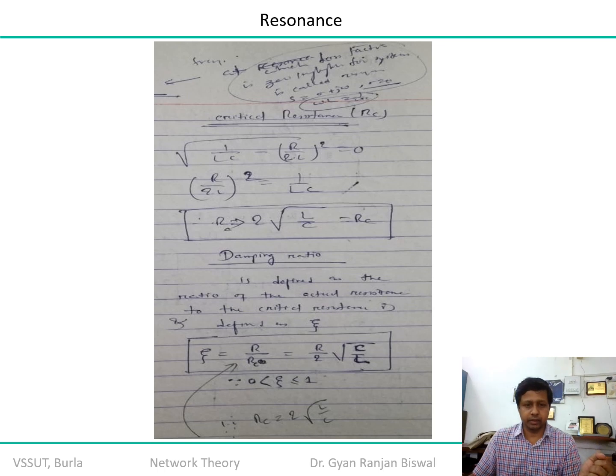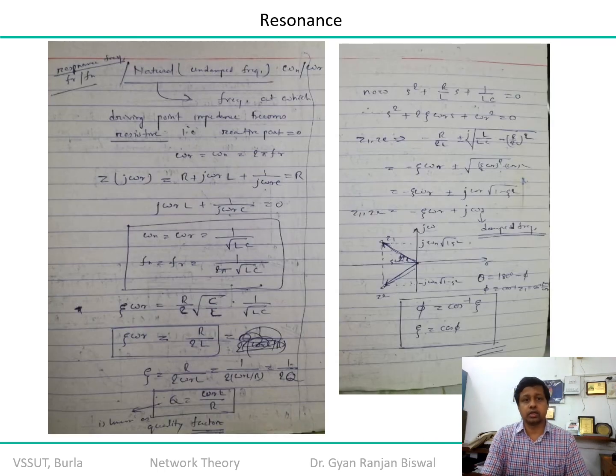The value of the damping factor varies between 0 and 1 to satisfy the condition of underdamping. Because you know that 99% of the time your application will fall under the underdamped mode only. There are hardly a few exceptions for the overdamped system. And typically critical damping we practically can't achieve, because for that you have to attain an infinite rate of change. That means your magnitude should shoot up from 0 to 5 volt or from 5 volt to 0 volt in no time. So that rate of change is actually infinite, right? So you cannot practically achieve it.